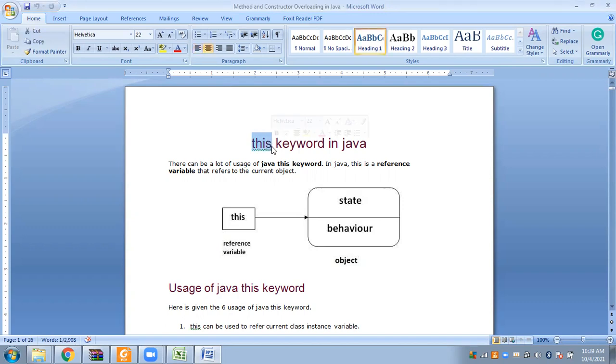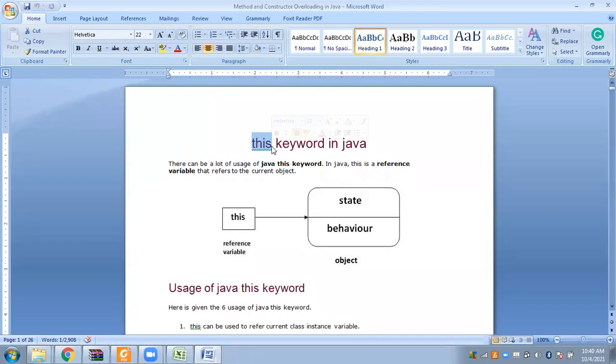So when you forget about Java, what do you understand by this? When you say this, it means what? This book, ma'am, this girl, ma'am, this boy, ma'am, this classroom. When you say this, you are referring to something, directly pointing out something.